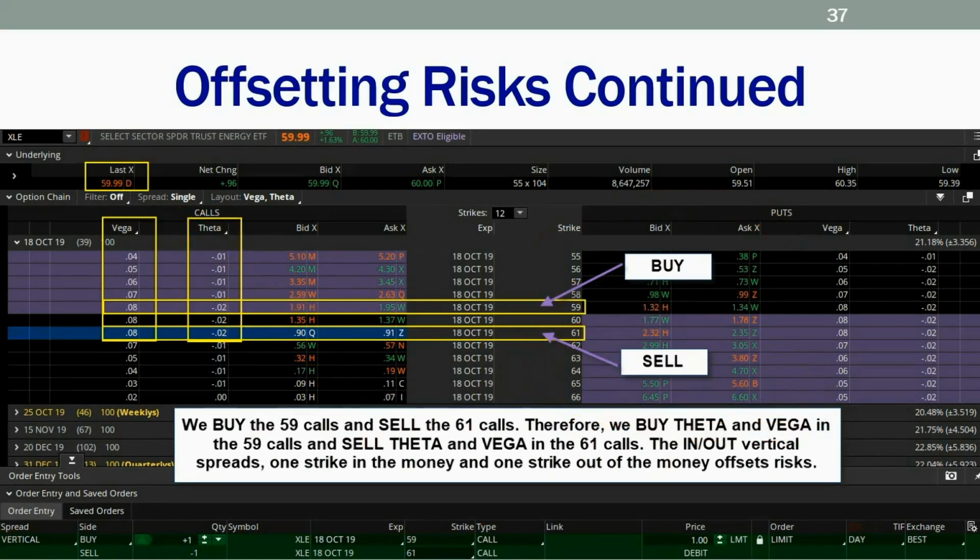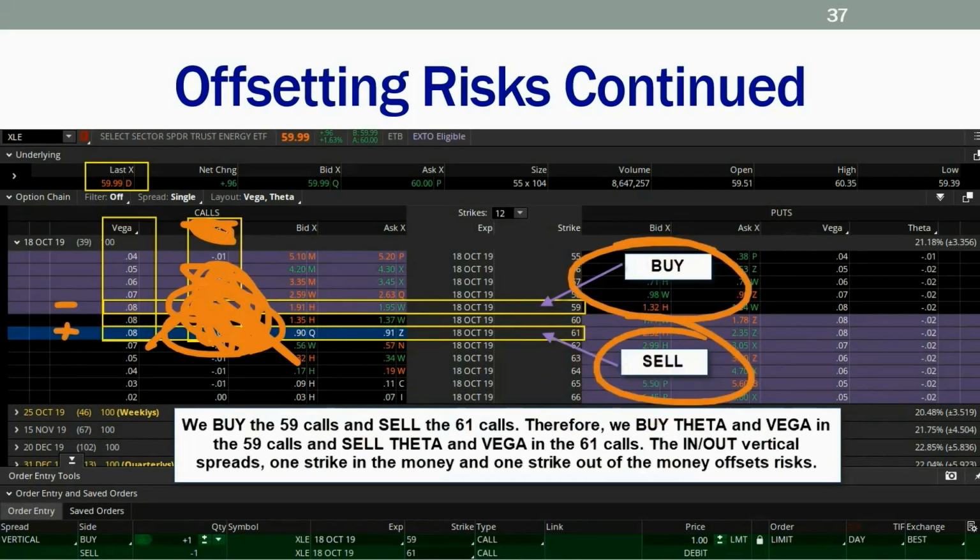You've got to kind of visualize this a little bit. By buying one option and selling another option, it's an offset. It's a complete offset. And all of a sudden, theta doesn't even matter. And you know what we're doing with volatility? With one hand, we're buying it. With the other hand, we're selling it. Look, it says buy, it says sell. So we're buying Vega risk right there, and then we're selling Vega risk.